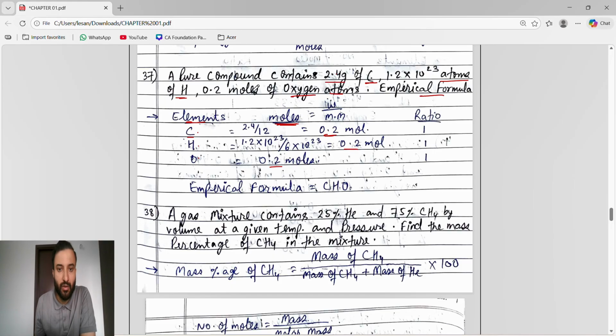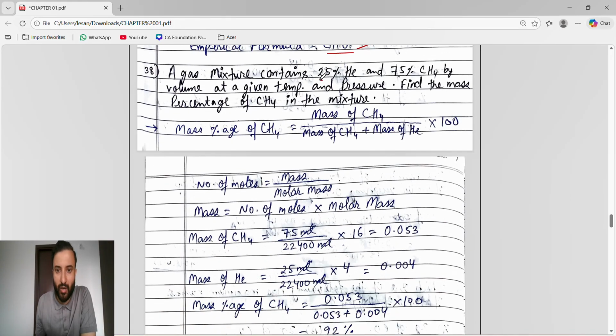And next is for oxygen atom. Already they had given 0.2 moles of oxygen atom, so directly we will take 0.2 mole. All moles are 0.2, so all will divide with 0.2, 0.2, 0.2. You will get 1, 1, 1. Empirical formula is C is 1, H is 1, O is 1, CHO. Next,